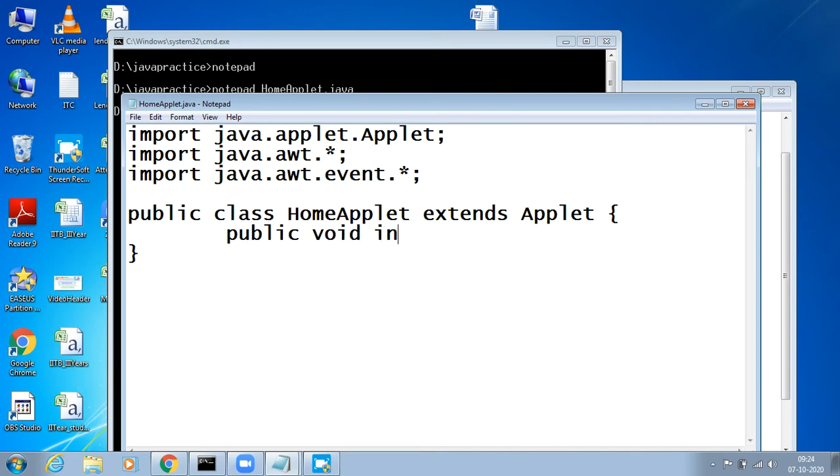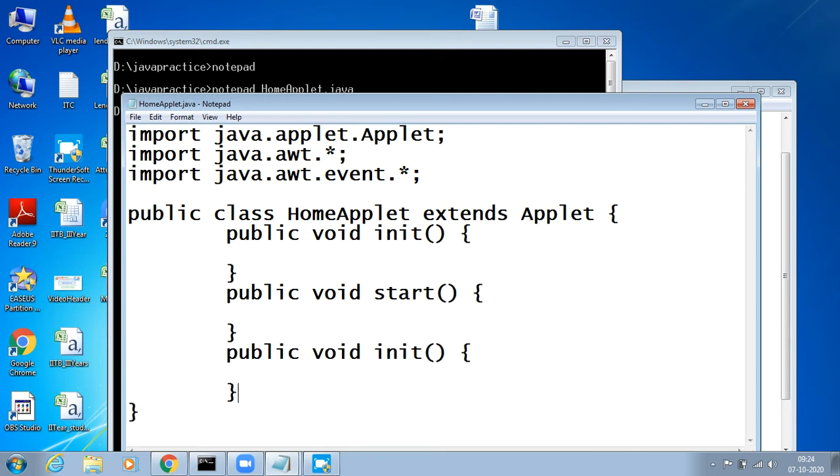Now, as I said, first thing is what? Public void init. This is one lifecycle method, and you just try to copy and see. Public void start, and public void stop.